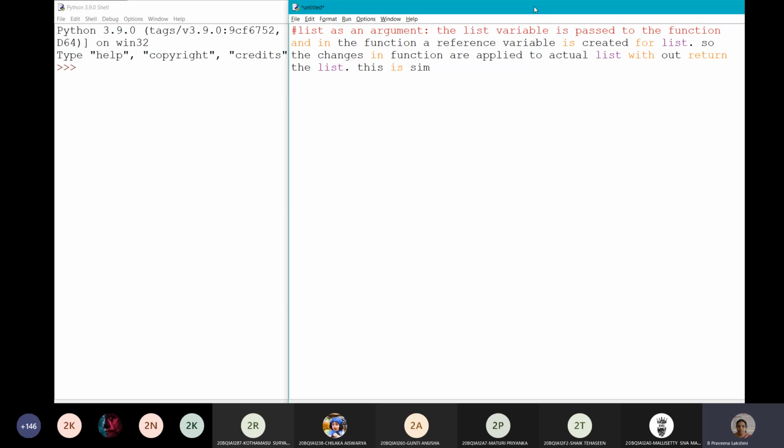This is similar for all objects provided by Python: list, set, tuple and dictionary.